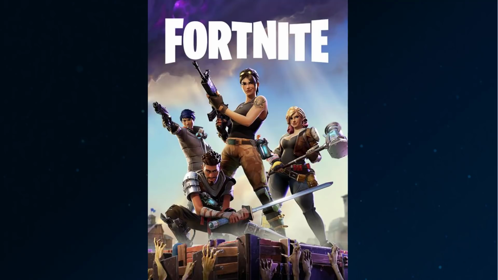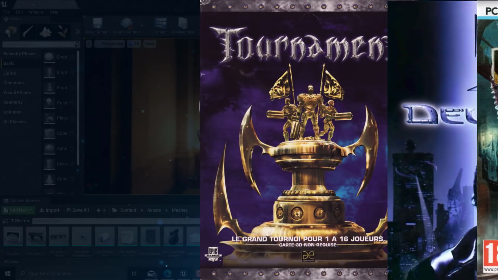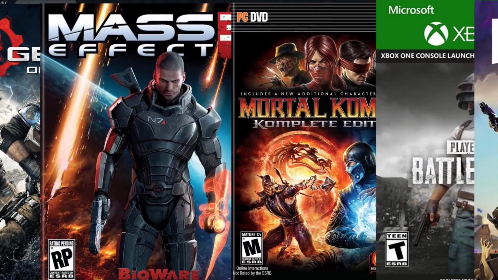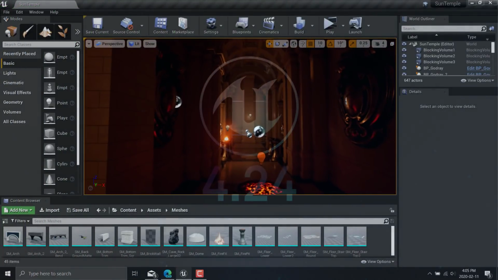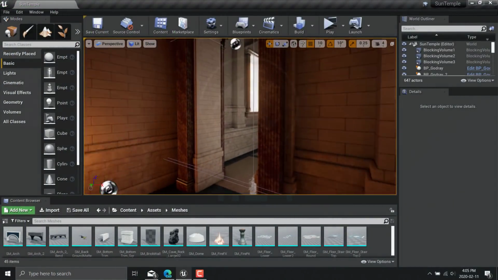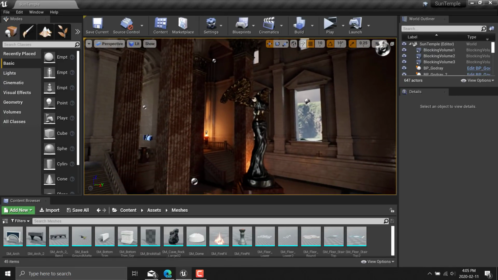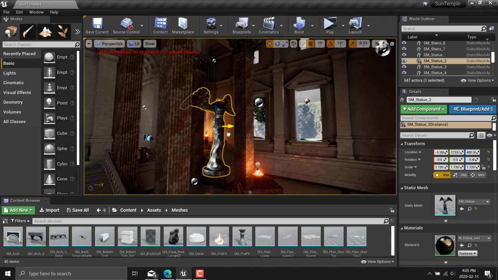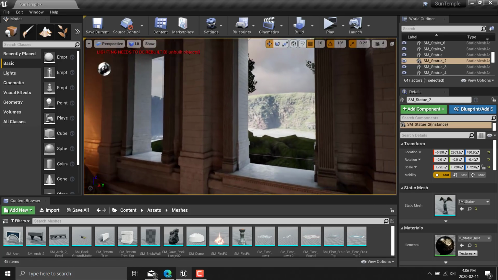And if you look at games that were made with the various versions of Unreal Engine over time, it's a who's who of gaming greats. Titles such as Unreal Tournament, Deus Ex, BioShock, the various different versions, Splinter Cell, the Batman Arkham games, Borderlands series, Gears of War, Mass Effect, Mortal Kombat, PUBG, Fortnite, and of course Goat Simulator. So it has been used to make so many major titles, which is one of the biggest selling points for Unreal Engine. Among big budget games not built with in-house technology, so if you've got a multi-million-dollar budget for your game, Unreal Engine has been the king of the A to AAA space for as long as that space has existed.